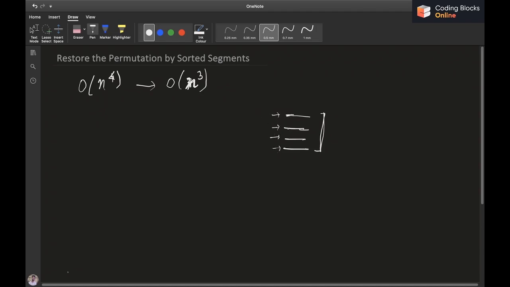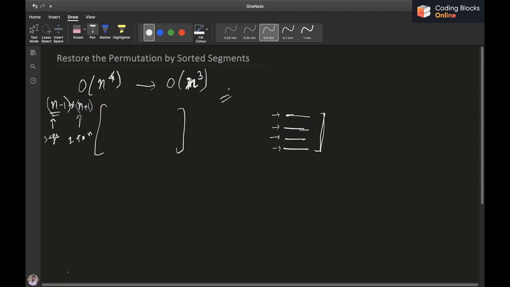What we can do is maintain a hash table, or I can maintain a 2D array of n minus 1 by n plus 1, where n plus 1 is because my values are from 1 to n, and n minus 1 because I have n minus 1 segments.